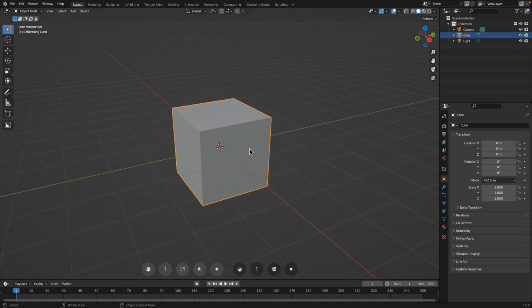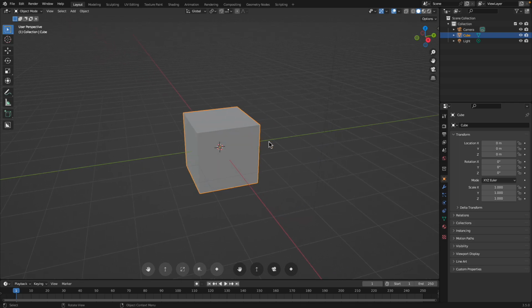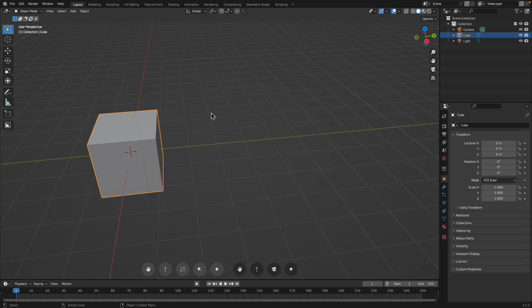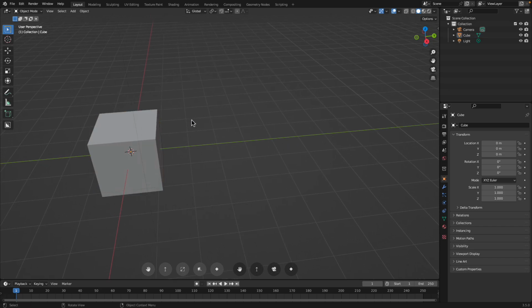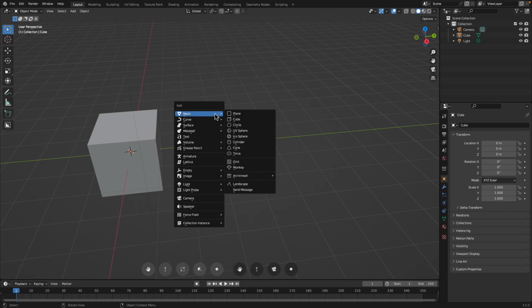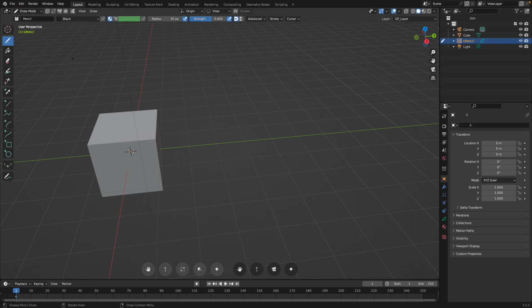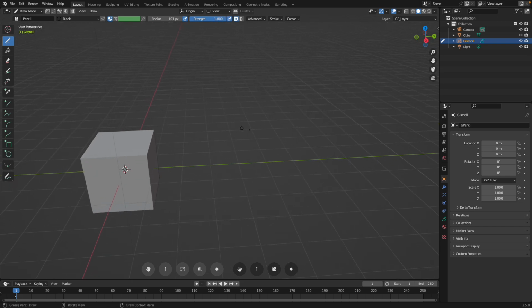The grease pencil, of course, is gonna be separate from this cube. If we just want to use grease pencil from nothing, we need to Shift A and create a grease pencil blank, right? Because grease pencil is a grease pencil object. It's separate from the normal object mode, and we can start drawing. I think I talked about this. If we just use grease pencil, we can of course do all sorts of things. We can draw something,